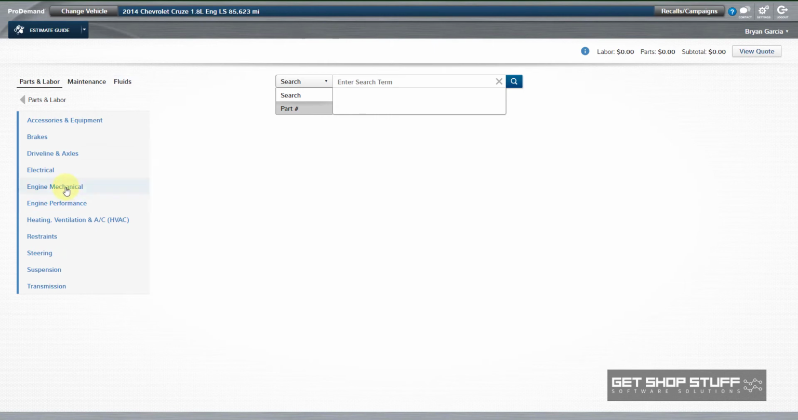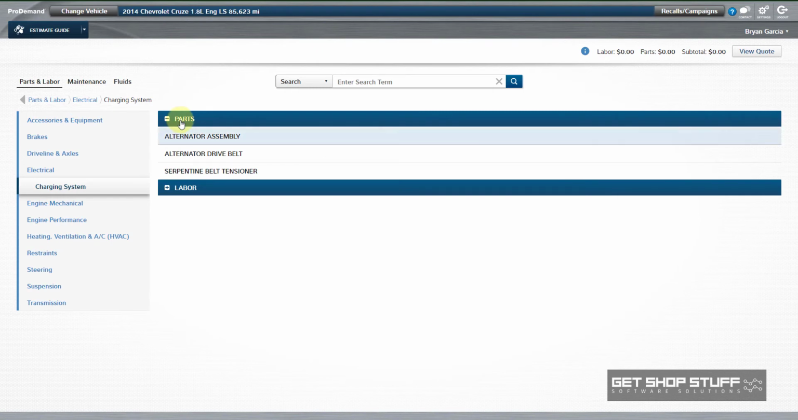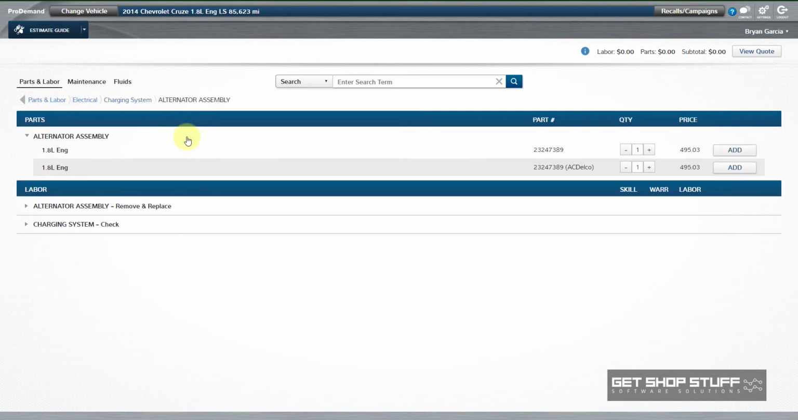Now if I come down here to say electrical, you see I have charging system. It automatically went to the charging system. If I want to see parts, I can hit this and it shows me alternator assembly. I can select it, and in this example we're seeing alternator 1.8. Over here it's showing me a part number, so you could have typed that in up here earlier. You can choose quantity and price, because if I hit add, it's going to add it to a quote that's